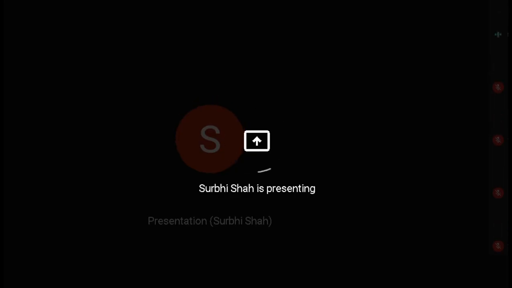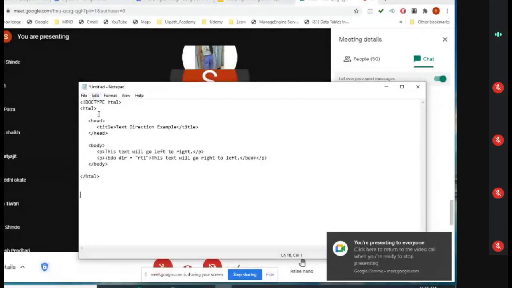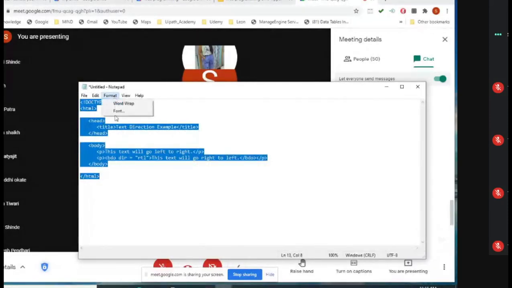Can you see the screen? On the screen, I have written the DOCTYPE. Let's make it with a greater font. I'm taking the same example over here.